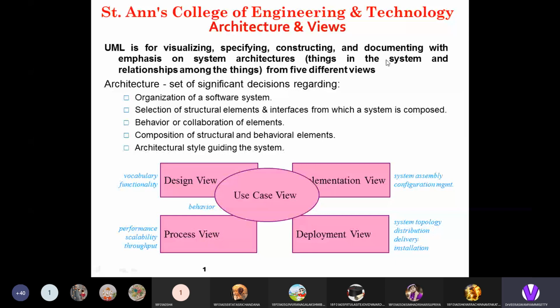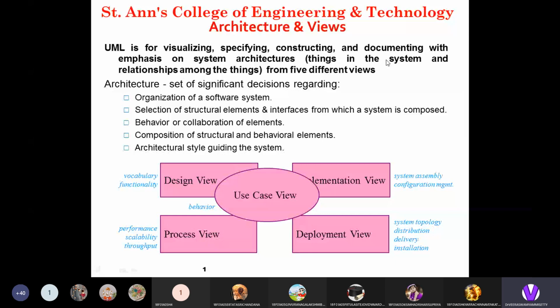Then secondly, the implementation view covers system assembly and configuration management. Third view is process view. Process view focuses on performance, scalability, and throughput. Deployment view covers system topology, distribution, delivery, and installation. Use case view shows the behavior of the system.